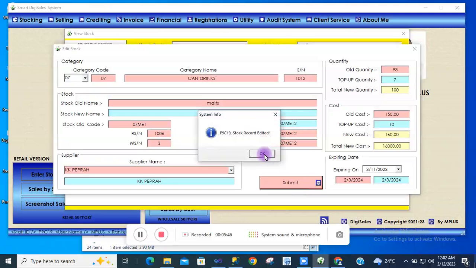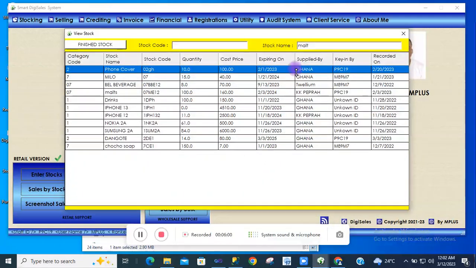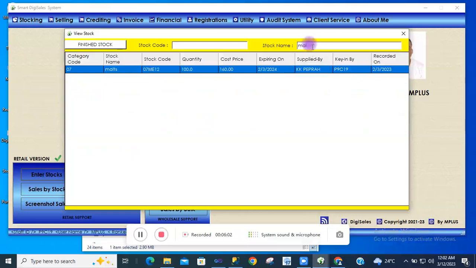The stock record edited message shows this is your staff ID. So it's saying this person has edited the stock information. So you click OK. So it's done. So let's check MOT again. And we can see that the cost has increased and the quantity has increased, meaning the stock information has been updated, and it's expiring on